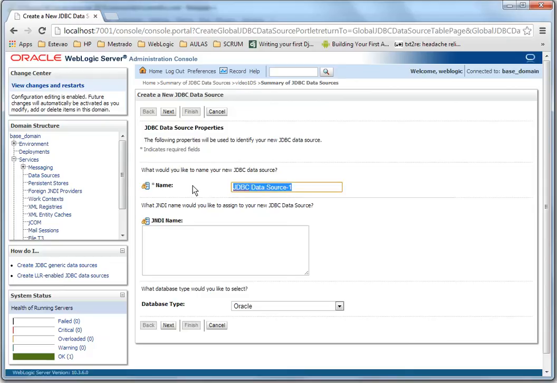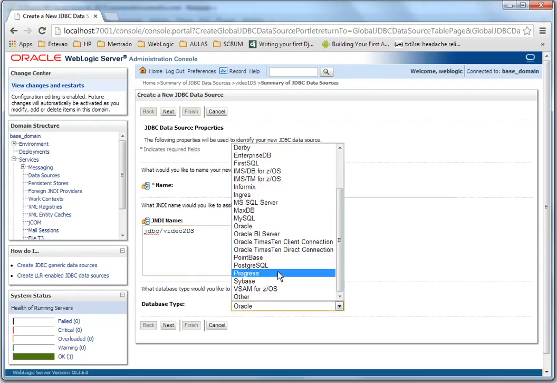Video 2, data source, JDBC video 2, Postgres, next,